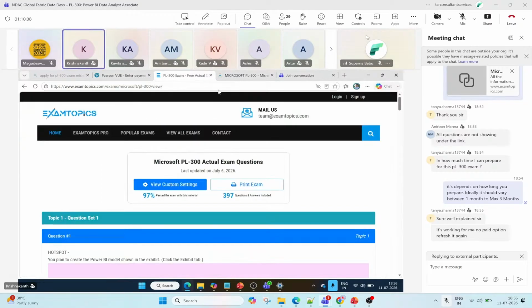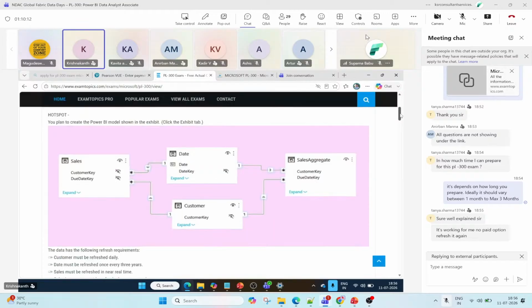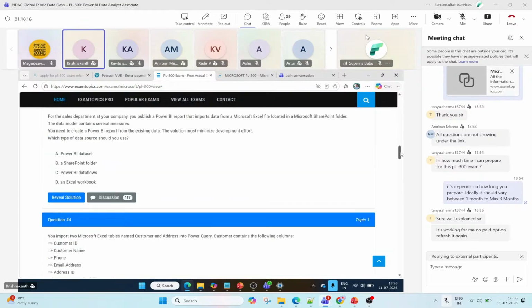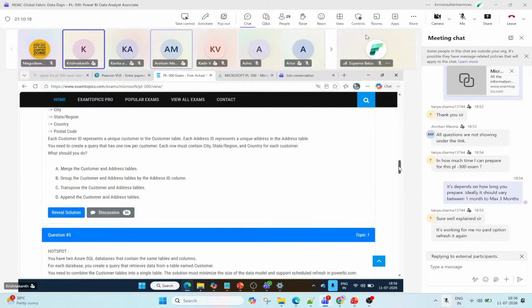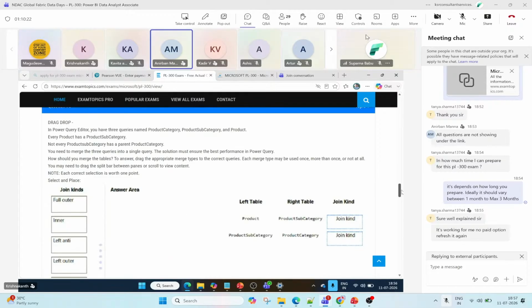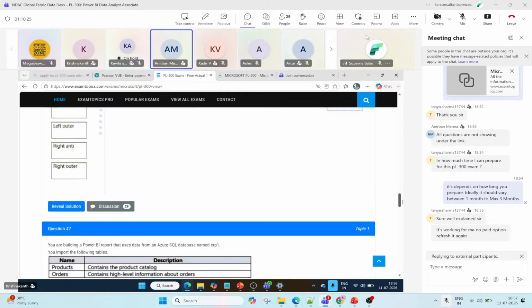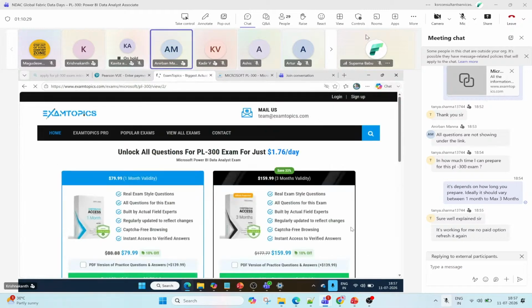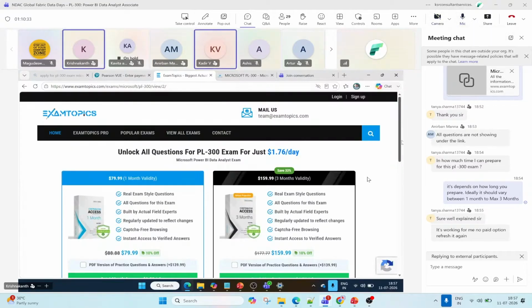I'm able to view it, right? So without any login also, I just open. I can go through the questions, right? See, if you scroll, you can go through all the questions it is showing in this page. If you go to the second page, then it will... I'm viewing that one. Can you check one from your end? Okay. Yeah, second page, this one is showing. It only supports limited questions. No, scroll down.